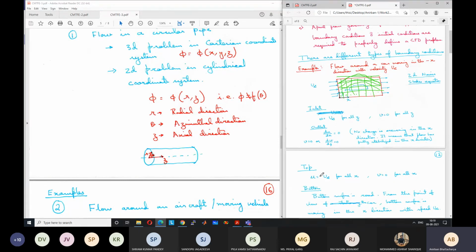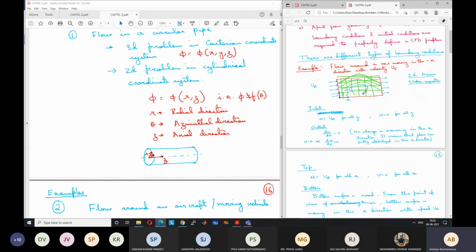Okay, so if you are a passenger sitting on the aircraft, from your reference point of view, the flow is not varying with time. If you look around, say at the front of the aircraft, the velocity is always the same from your reference point. So the velocity here is always the same, but it is not changing with time. If you are just sitting on the airplane, velocity on the top is always the same, and along the wake region is always the same. So everywhere the velocity is not varying with time. Obviously, there is variation with space, but there is no variation with time from the reference point of view of the airplane.